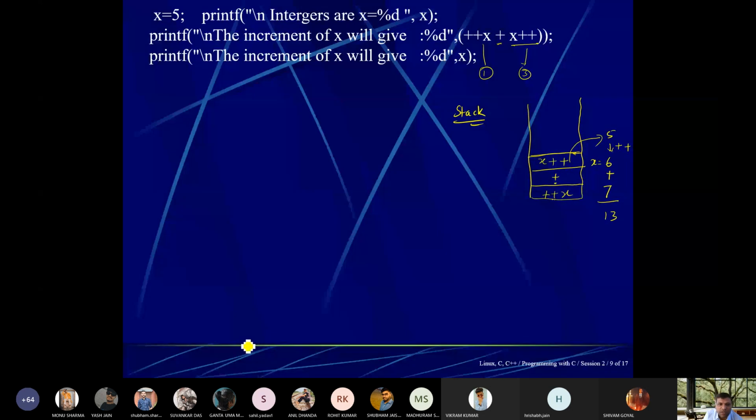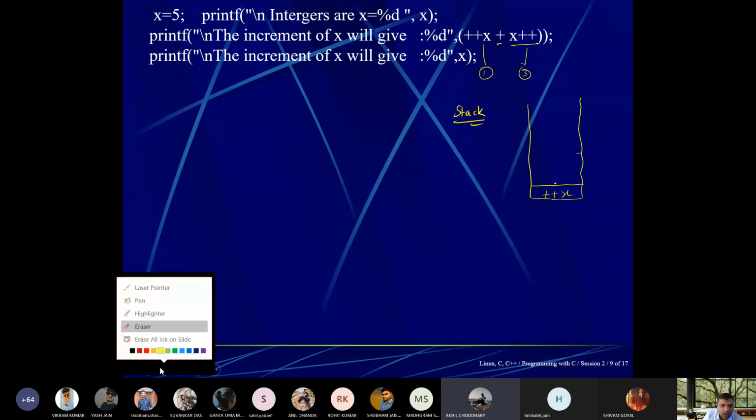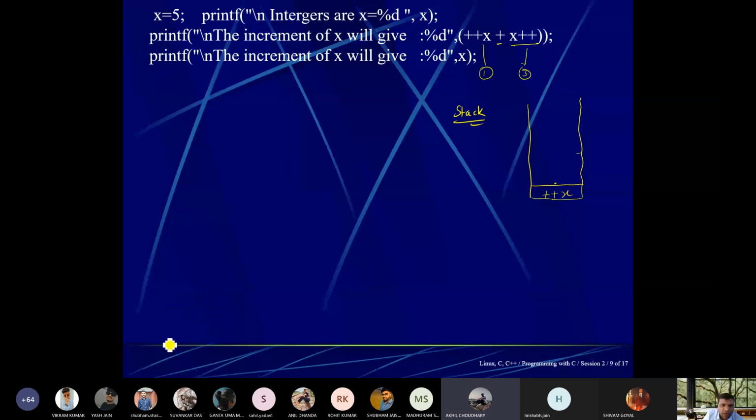Okay, so I am erasing this operator also because the operators are not there. So let me start once again writing. So the first chapati is your plus x. Agree or not? From left to right, what will be visible to you? Because one more time you will hang in such a kind of problem. Once again, when we use the preprocessor directive, you will face the same problem. So it is better to understand stack organization.